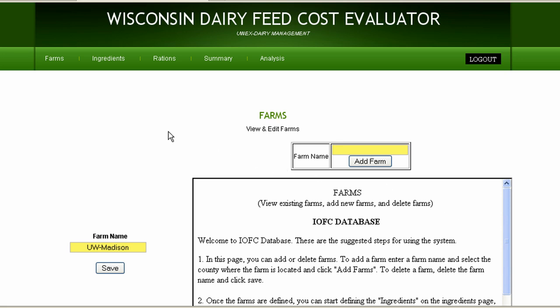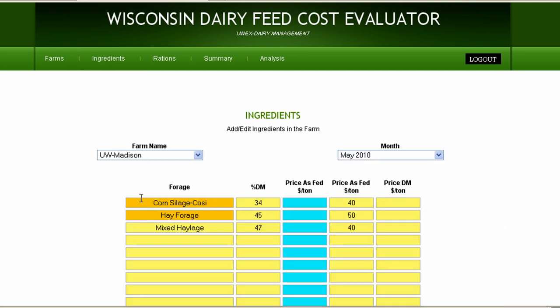Essentially, the process can be completed by navigating through the pages listed at the top. The idea is to start with the Farms page and logically work your way over to the Analysis page. Our next step is to open the Ingredients page and enter information about the feedstuffs used on our farm in the yellow boxes. As you can see, there are inputs for each feed,